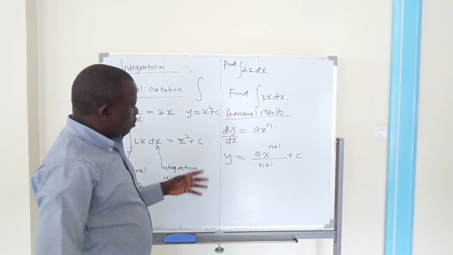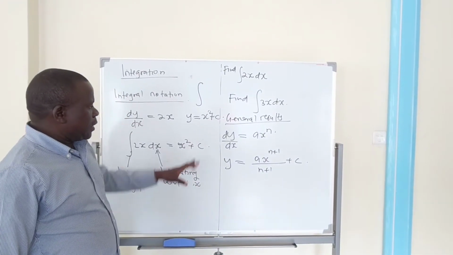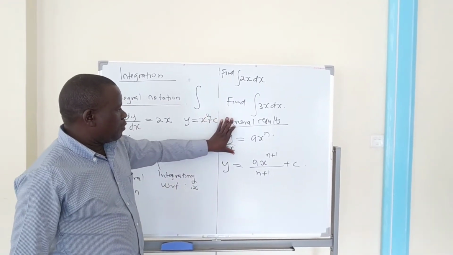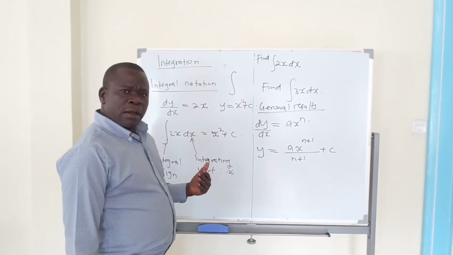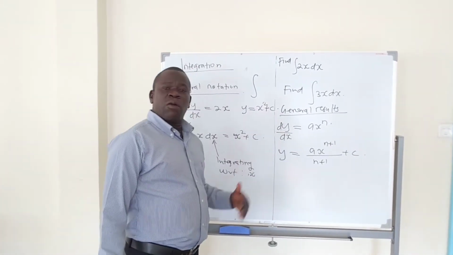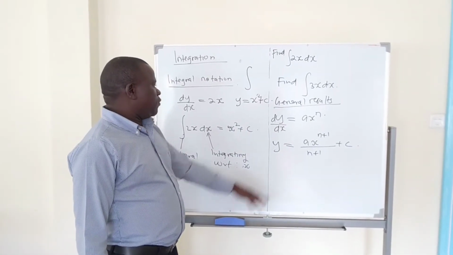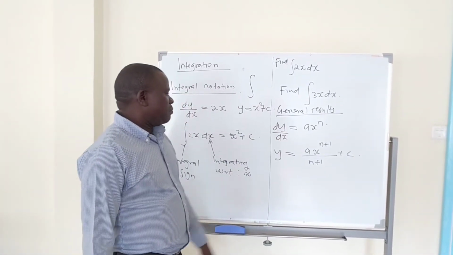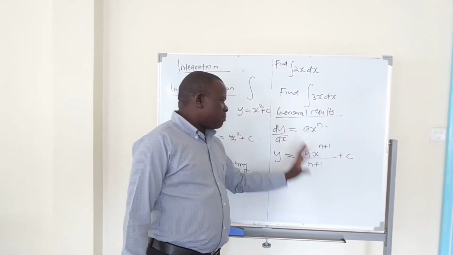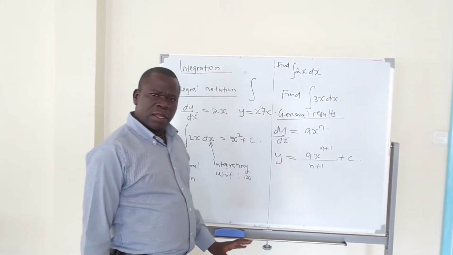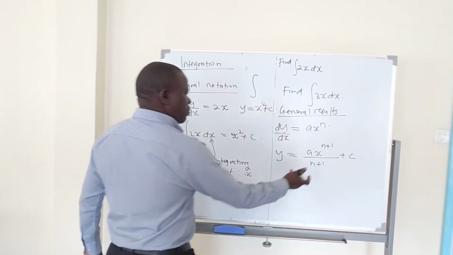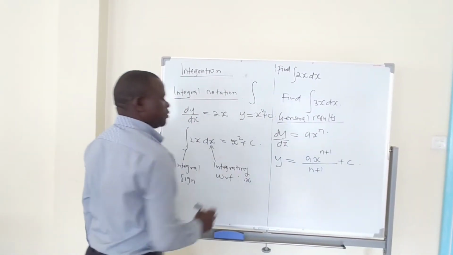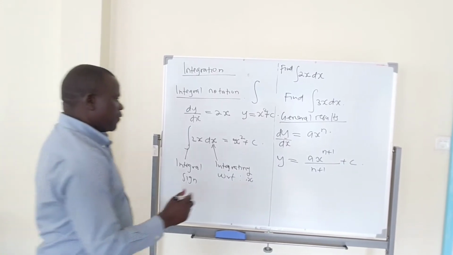Now, as I told you earlier on, if this is the derivative of this function, I can find the function. That's the reverse of differentiation, which I now call integration. Therefore, the function y is given by this. This becomes my general rule of integration. Now, can we prove it back? How do we move back from here up to here? It's just true. Now, if I want to prove it,